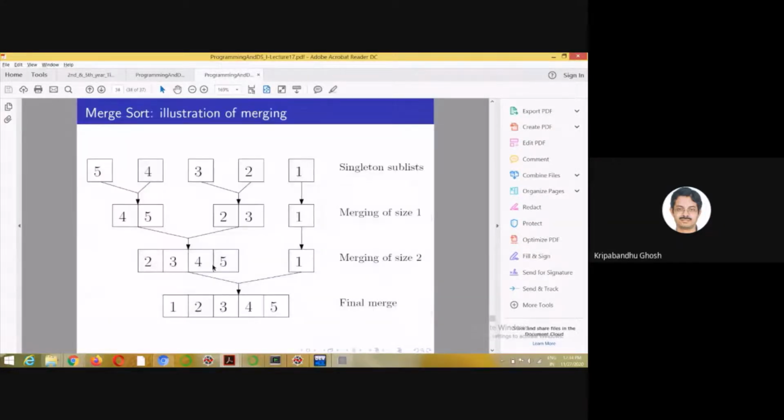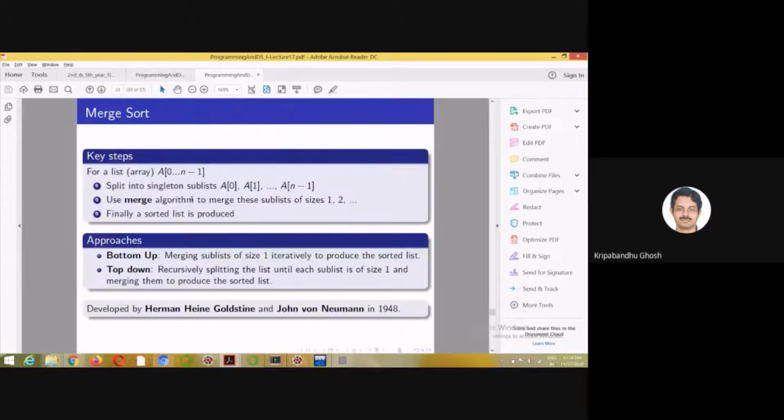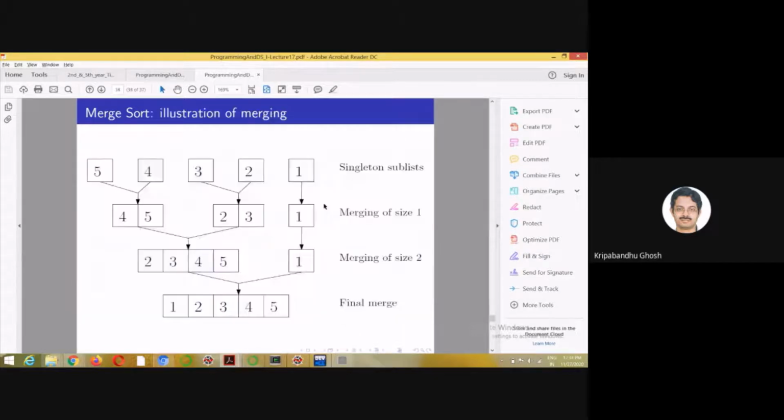So what does it do? Given an array, it breaks it down to singleton elements. Then it applies the merge operation on sublists of sizes 1, 2, and so on.